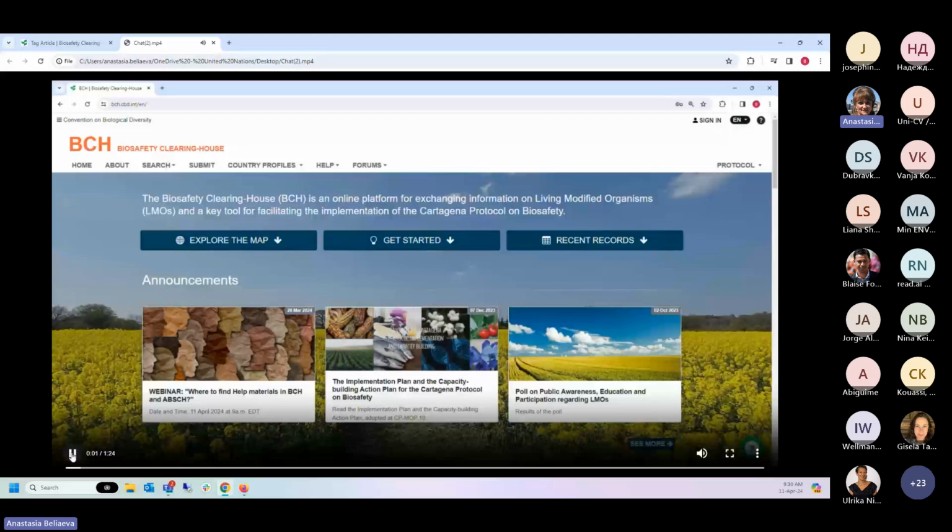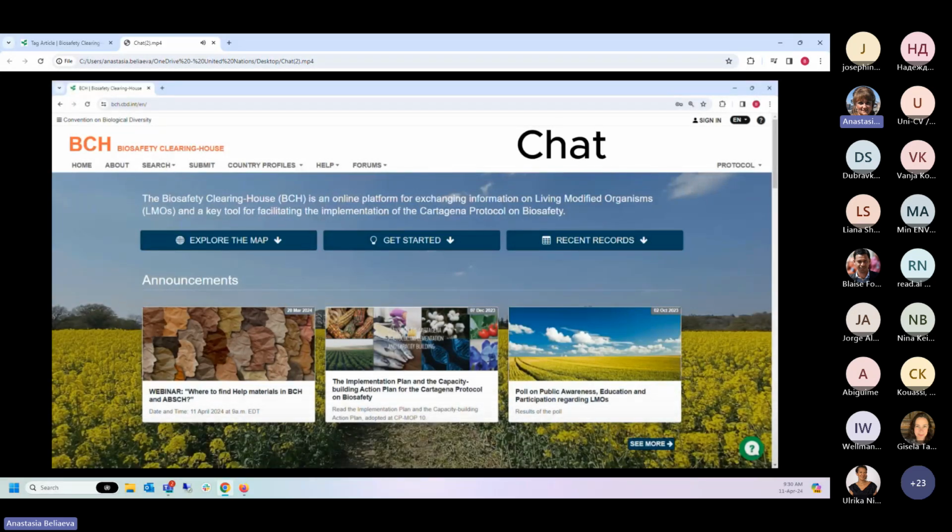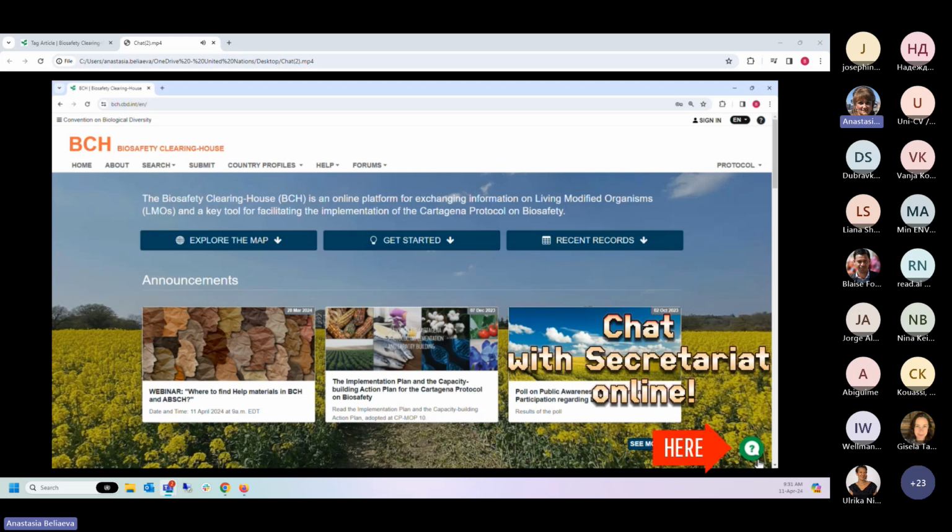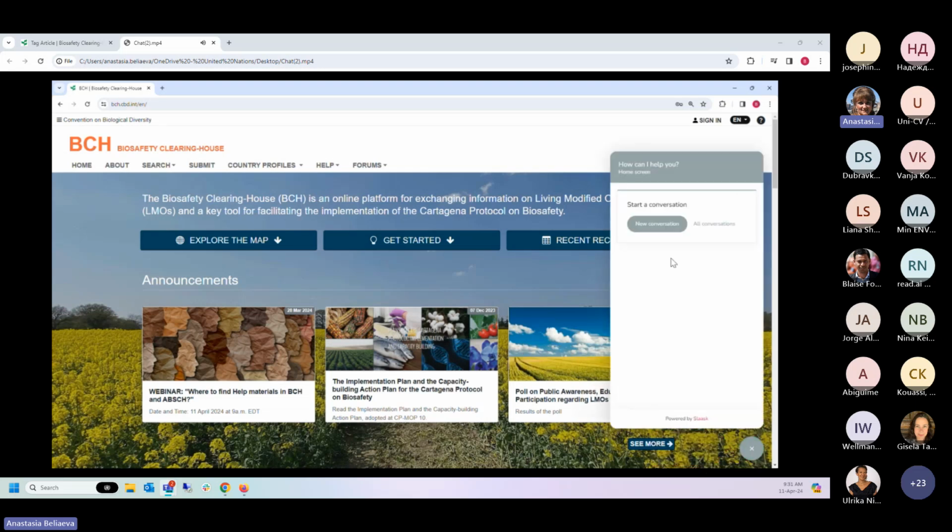Another interesting help tool is the chat, which can be accessed by clicking on the question mark icon located at the bottom right corner, right here. You can use this feature to chat with us directly online. Simply click on the icon, click on New Conversation, and type your message in the box below. Once finished, click on this symbol or simply press Enter. We will make sure to respond to you as soon as possible. In fact, if we are online, you may receive a response from us instantly, like this. And you can continue chatting with us.